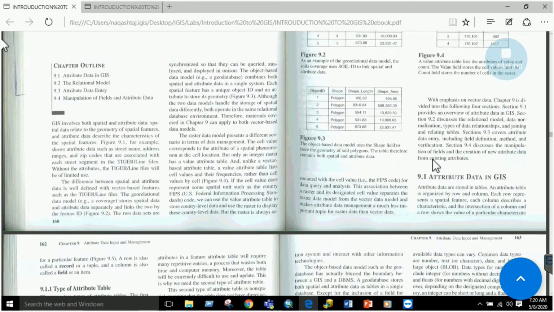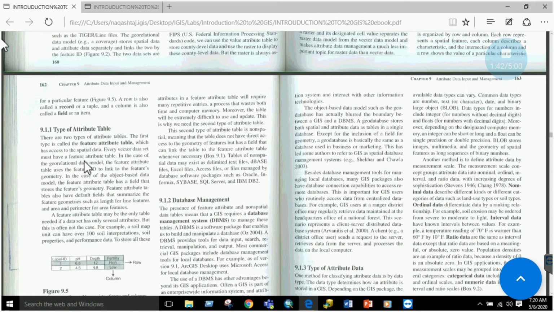So dealing with the attribute data and understanding it is very important. In some cases we have the attribute data in different sheets or different text files, so we must learn how to relate 3 to 4 different text files to get the output from all of them.